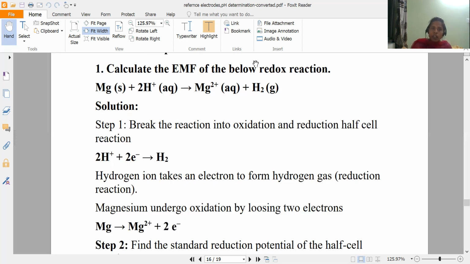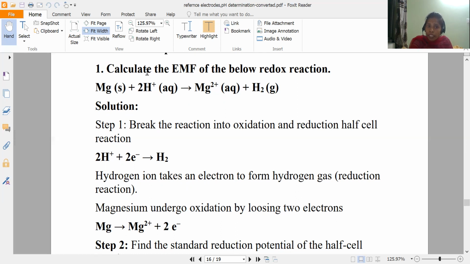So now the procedure is, first break down the 2 reactions. Let us write the anodic reaction separately, the cathodic reaction separately. See here, in the anode, what is happening? Mg converts to Mg2+. How does Mg convert to Mg2+? By losing 2 electrons. If 1 electron is lost, we will get Mg+. If 2 electrons are lost, we will get Mg2+. So we can write Mg giving rise to Mg2+ plus 2 electrons.